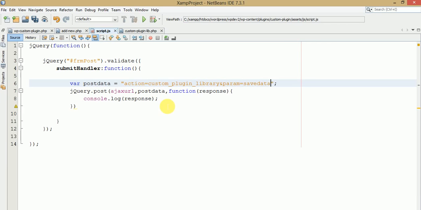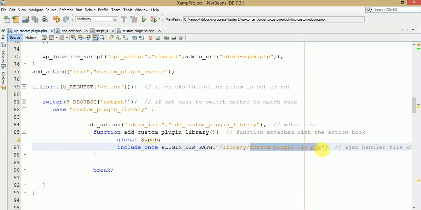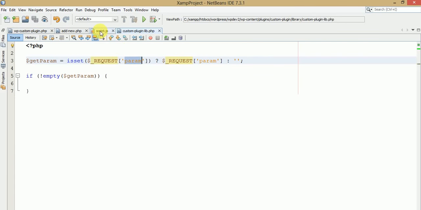So what we have made so far, we have defined an action parameter which contains the value of custom plugin library, and also we have given a save data parameter to this variable. This variable tells which file should be included while processing our Ajax file. By finding the custom plugin library value, it will include this file, and this file is nothing but our Ajax handler. And which functions we are going to execute is decided